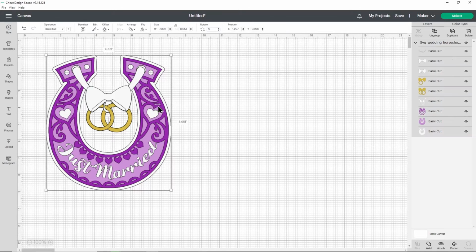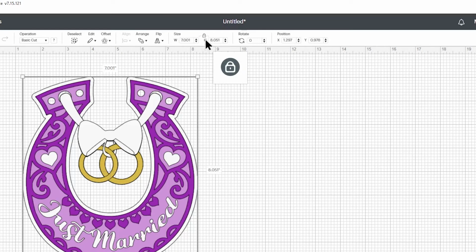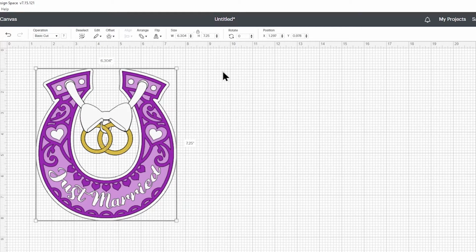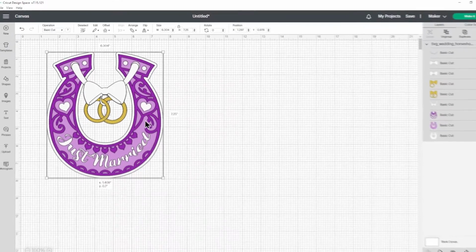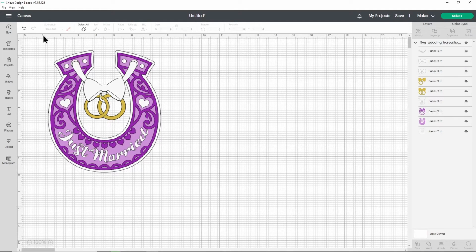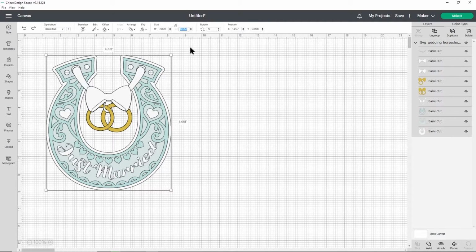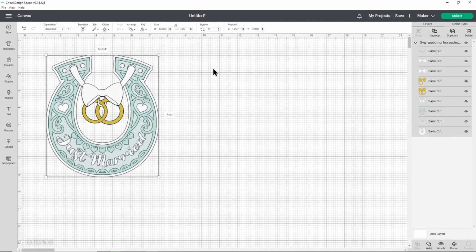To resize the design, click on it and then make sure this padlock icon is closed. If it's open, then click it to close it. And now that mine is closed, I'm going to change the height to 7.25 inches tall. Press Enter on my keyboard and you see the width changed in proportion. So that's all staying looking nice and lovely. Actually, I'm just going to put it back to the original colours and then do that again. So 7.25 inches tall. For this design, I wouldn't make it smaller than maybe 6 inches tall, because the lettering